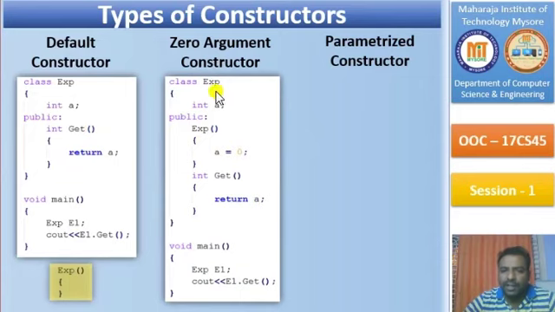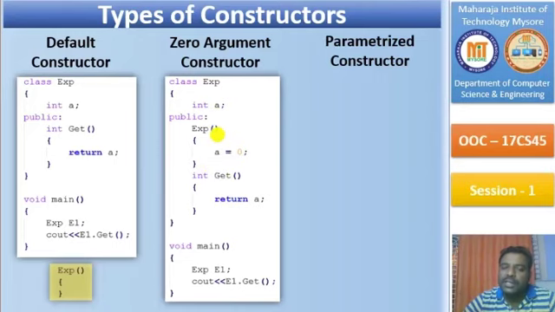So right now I'm defining the constructor now as exp, and if I don't put this statement, now this is similar to the default constructor, but I'm not going to call this the zero default constructor because it has been defined by me. Right now it is a zero argument constructor because it's taking zero parameters. Fine. And so when I create an object, now this object creation, when it calls a constructor, it is not going to call the default constructor. It is going to call the constructor that has been defined in the class. And so this is what we call a zero argument constructor.